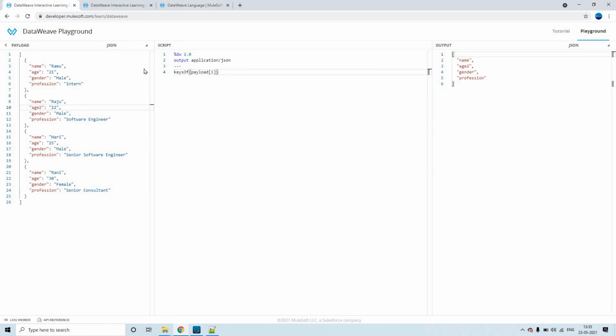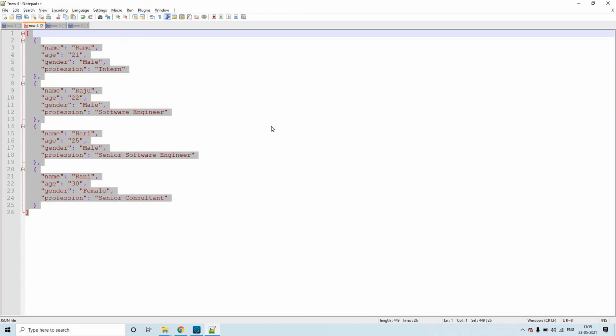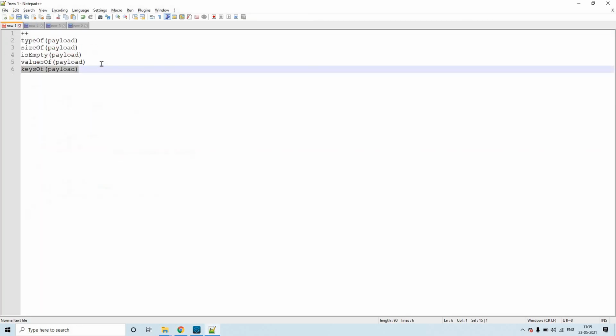Whatever you keep inside this should resolve into an object, and on that object it will fetch or list out the keys inside that object.